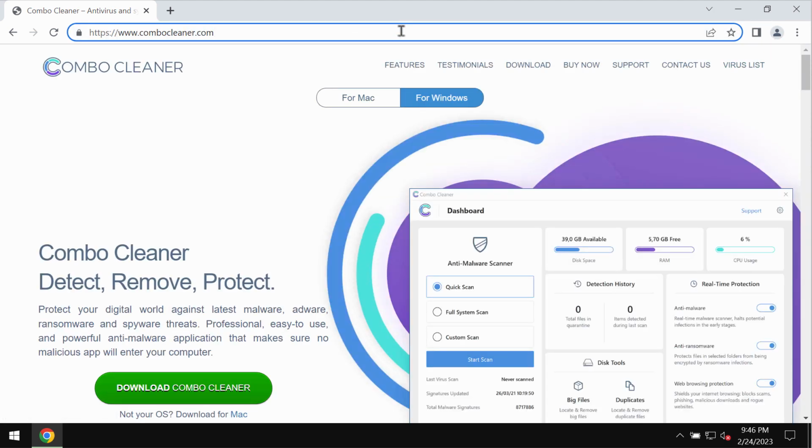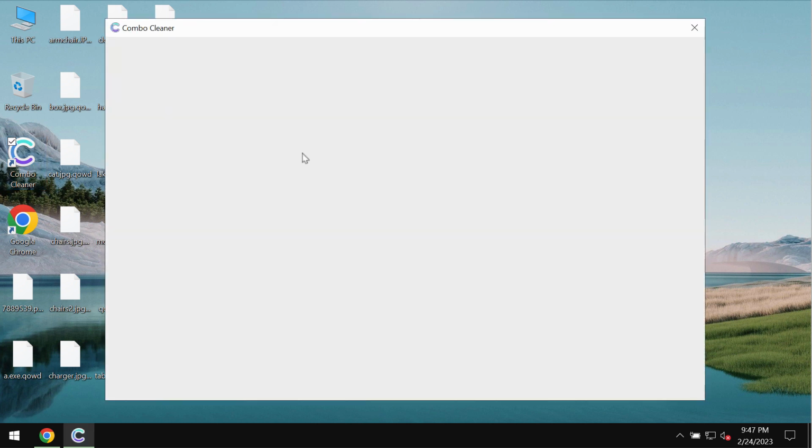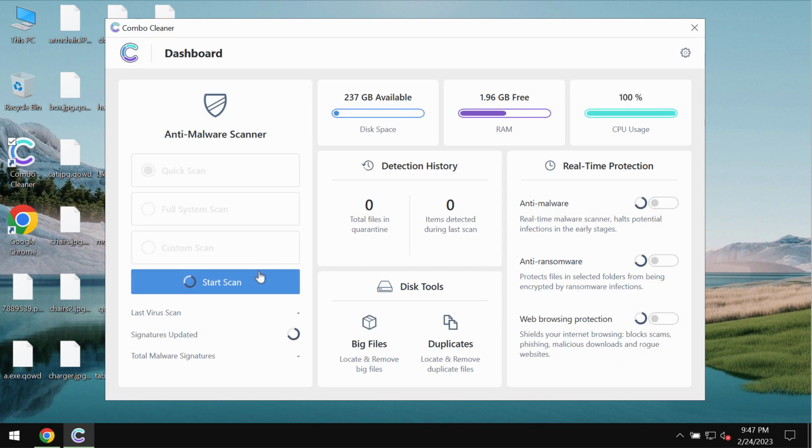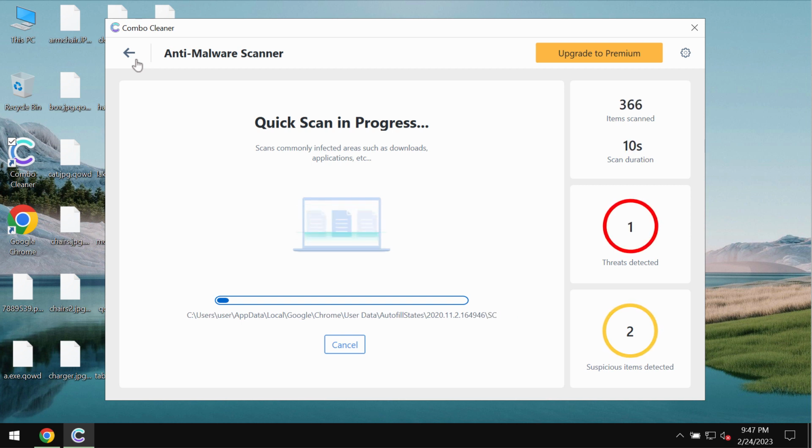You may get Combo Cleaner's latest version on the page combocleaner.com. Download it, install the program, and then once it gets installed, you need to click on Start Scan button and the free scanning will begin. Combo Cleaner is initially in the trial mode, so only quick scan option is available in the trial mode. Most likely the application would first of all update its anti-malware database, which is obviously essential for proper detection and